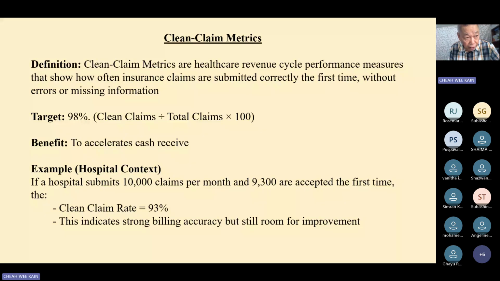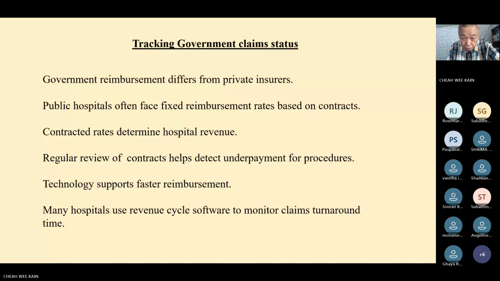That's why your insurance policy, actually, the insurance company already groups what category your employees are in. That's why the insurance rates are different, and different groups are entitled to different room rates and different surgery limit amounts. Okay, so it's like that. Tracking government claim status: government is government money, so it's quite cheap. We don't have to worry too much about this.